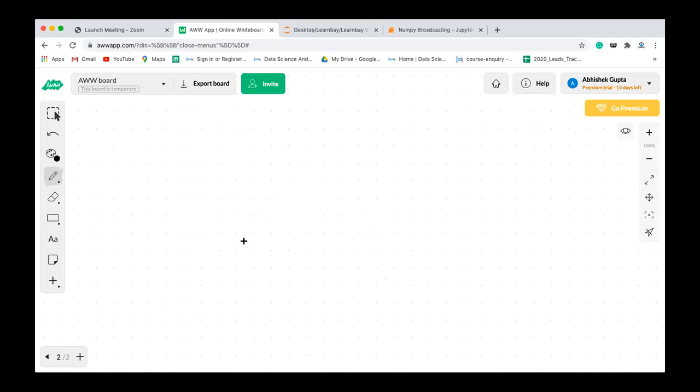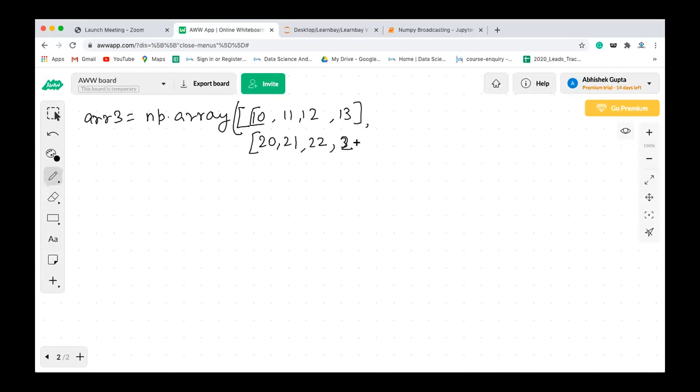Now let's see the same operation with a two-dimensional array. Let's say we have array 3 is equal to np.array, and we have 10, 11, 12, 13, right? And then you have 20, 21, 22, and 23.